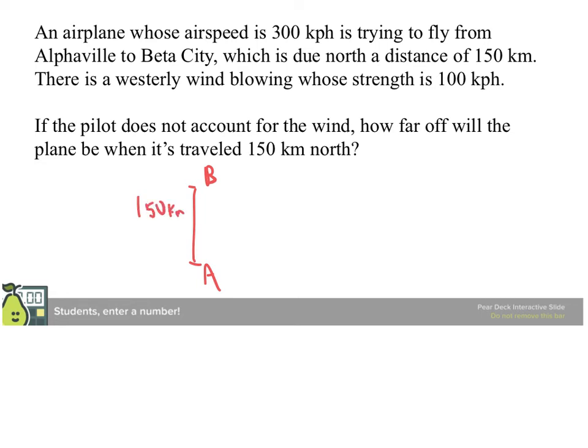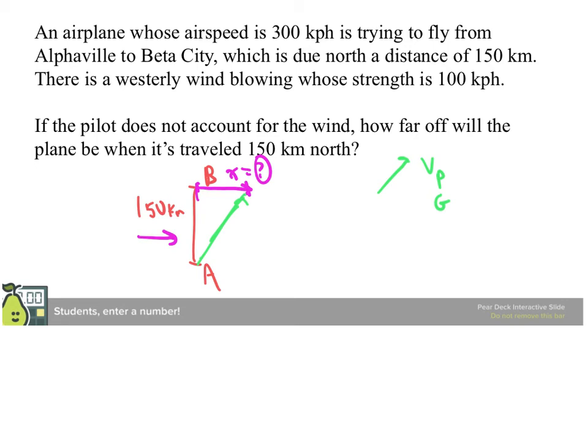But we also know that the plane is going to be blown. It's a westerly wind, so it blows from the west towards the east. So the plane will drift some distance downstream, and what we're asking for is this distance as the plane seems to drift over this way. All right, so let's get some velocities defined. Well, we already have one. This is the velocity of the plane relative to the ground, someone who's on the ground actually watching it.